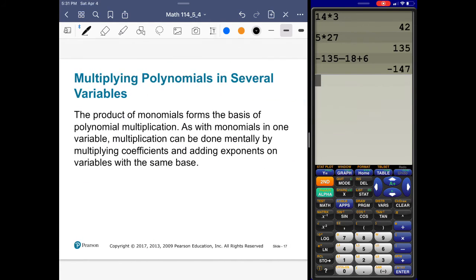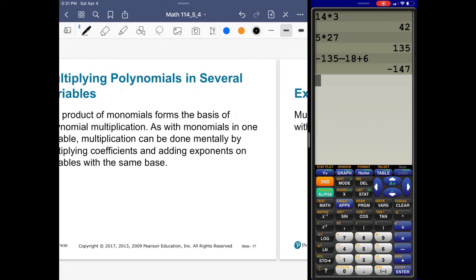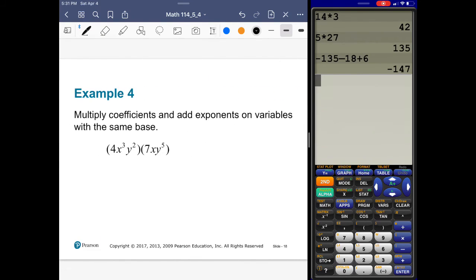Multiplying polynomials in several variables. The products of monomials form the basis of polynomial multiplication. As with monomials in one variable, multiplication can be done mentally by multiplying coefficients and adding exponents on variables with the same base. So this becomes